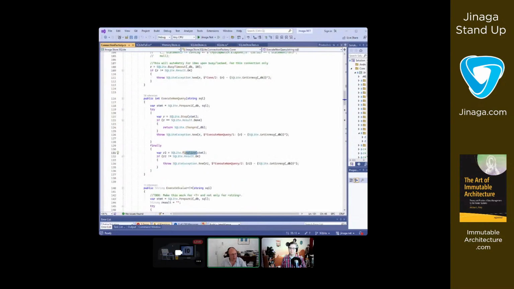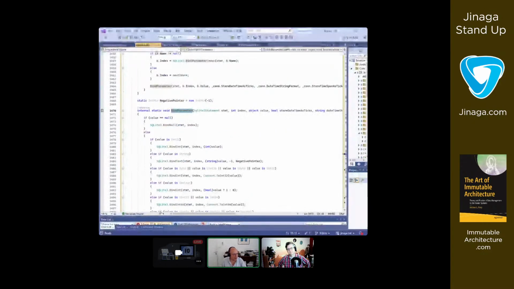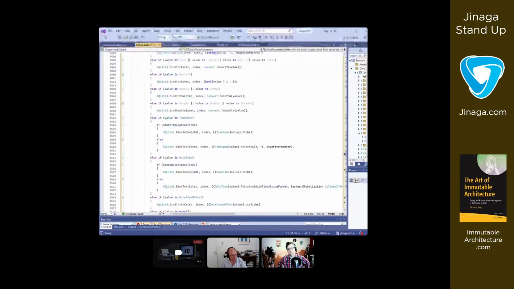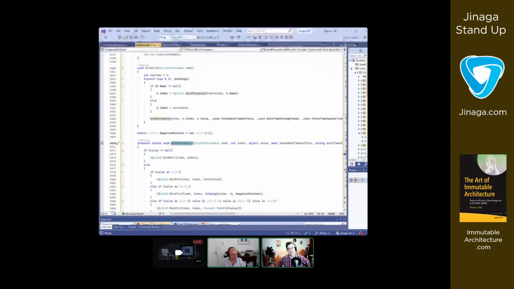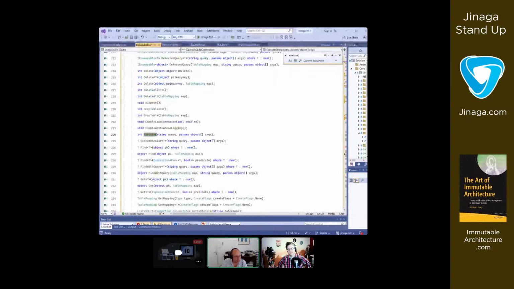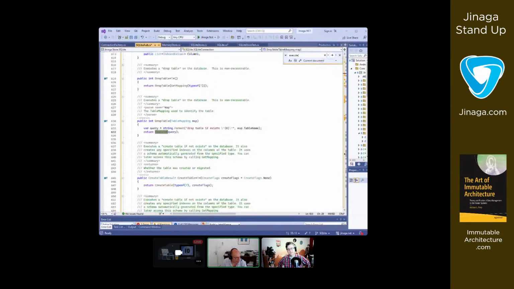What we didn't have yet was a query with parameters. There are two possibilities. Either I copy in, which I did here for the development, the full code of Frank again, but I want to avoid that because then you get into problems.